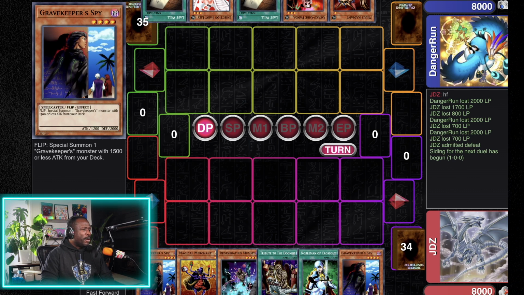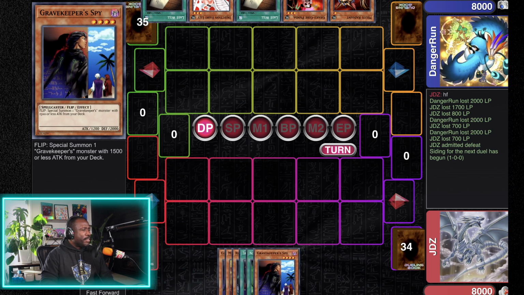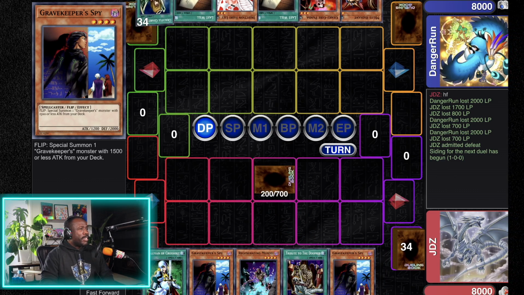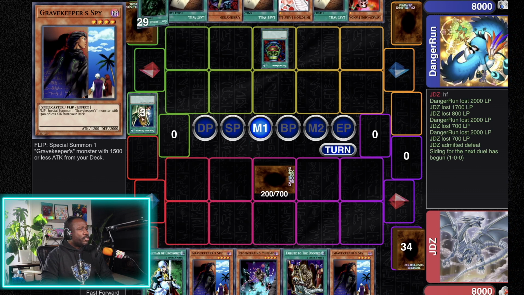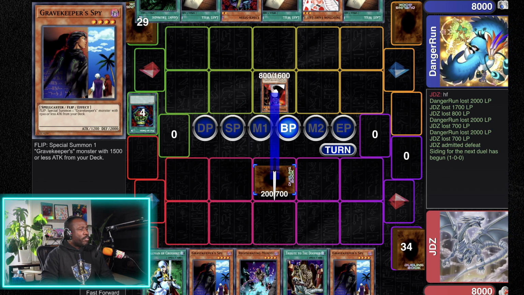Maybe for the Cyber Drive. I think I took one of the Noblemans out and left the other one in. I go and set the Magical Merchant this time. My opponent goes ahead and plays Graceful Charity, discards 2, Pot of Greed, and brings forth the Panda and smacks